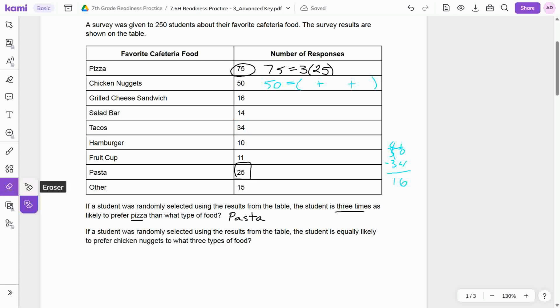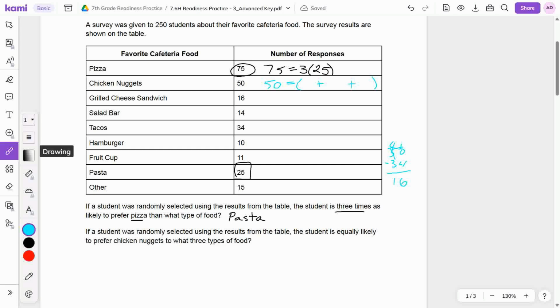So let's keep going. This is a guess and check. So these two, grilled cheese and salad bar, don't necessarily work because I don't have a 20. Tacos is almost too big. So I thought I needed that, but then that only leaves 16 left. So we might need some other smaller ones. So let's see what happens if we get this 15. Okay, so let's look at other. So we're guessing and checking. If I do 15,